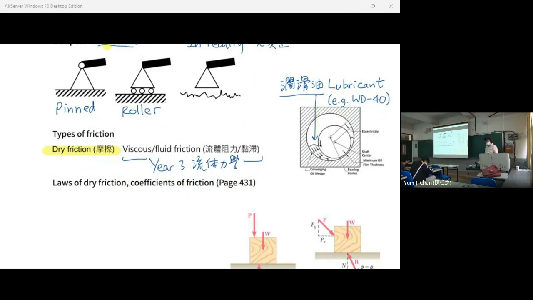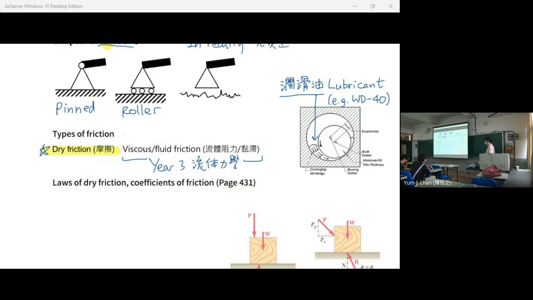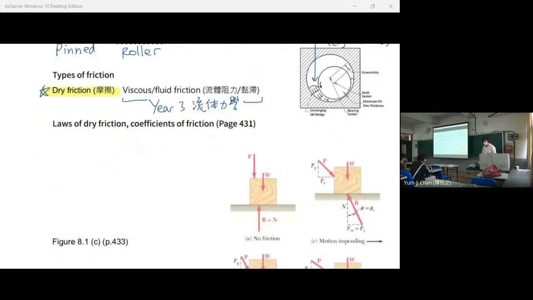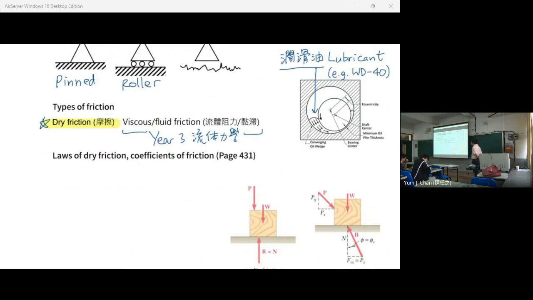So we talk about dry friction here, but remember, for mechanical engineering students, we have this one in year 3. Sorry. After you make these notes, then